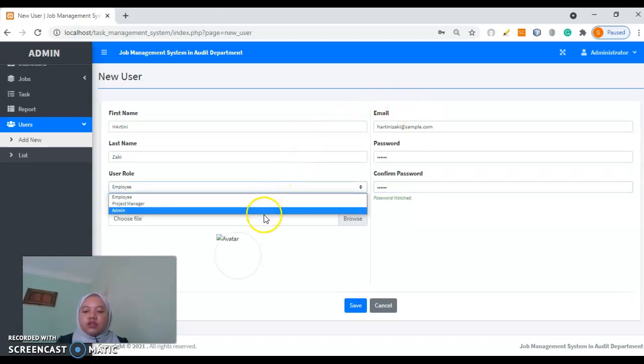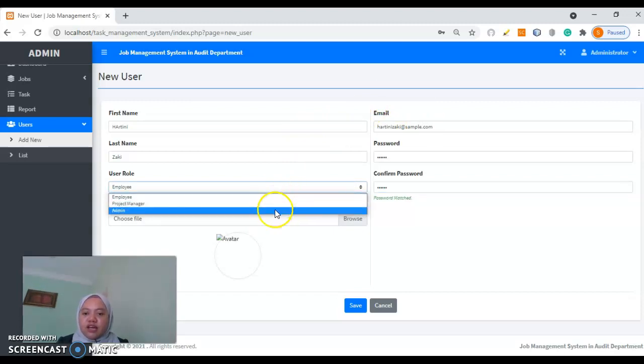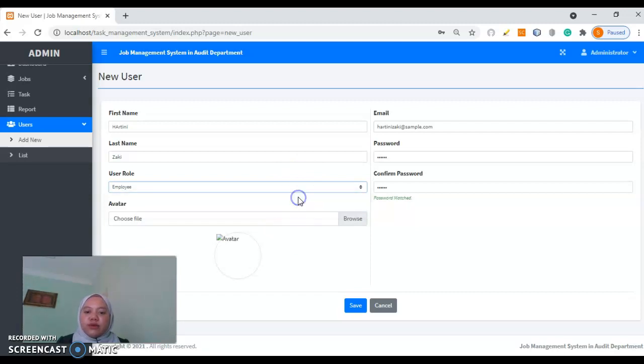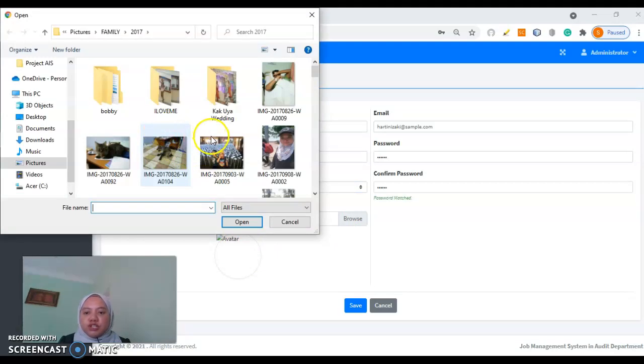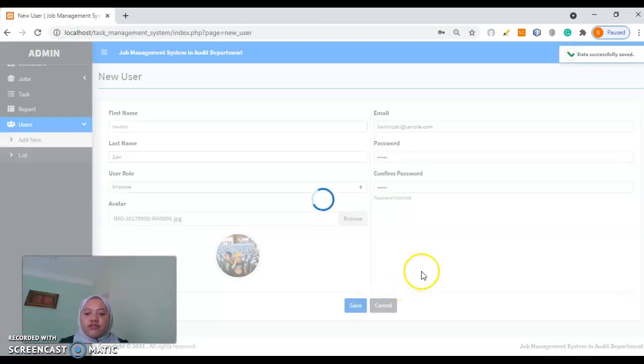For the user role, you can choose either the project manager, the employee itself, or the admin. For example, this is the employee or the associate. And you can also upload some pictures. For example, this one.